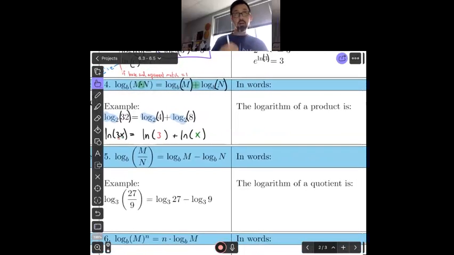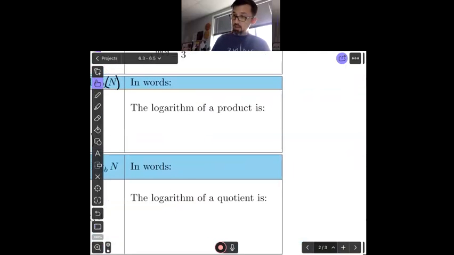So we're breaking apart multiplication into addition of logarithms. The logarithm of a product, these are going to be kind of wordy, so watch the size of your handwriting here. You probably need like 2 lines worth of stuff. The logarithm of a product is the sum